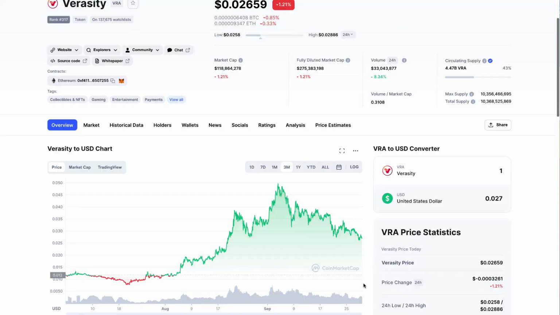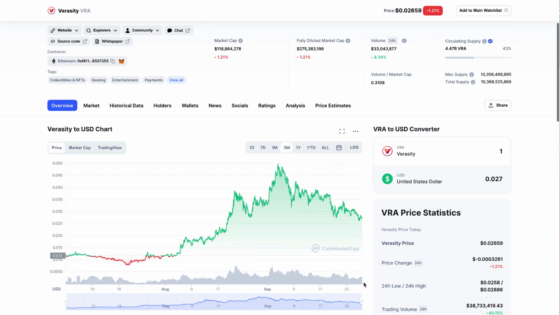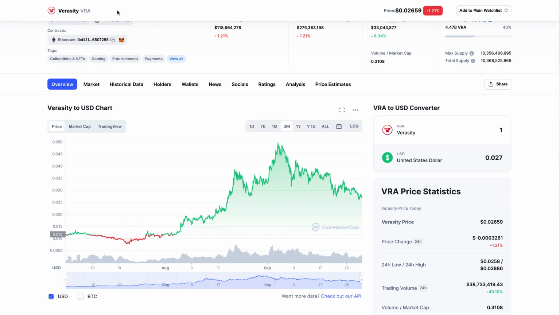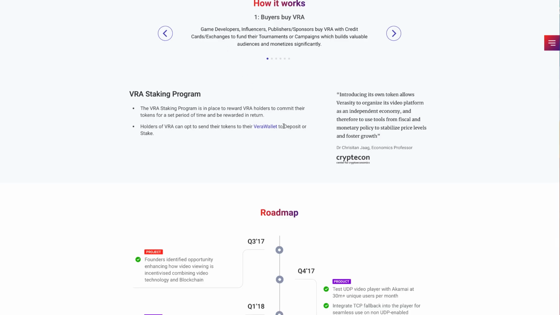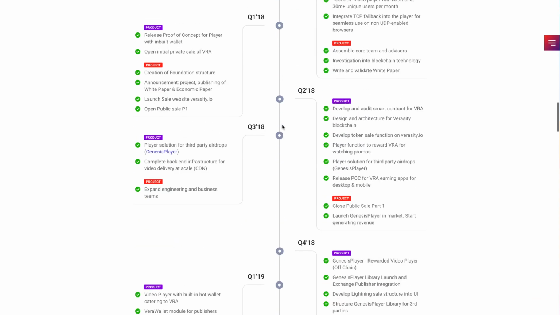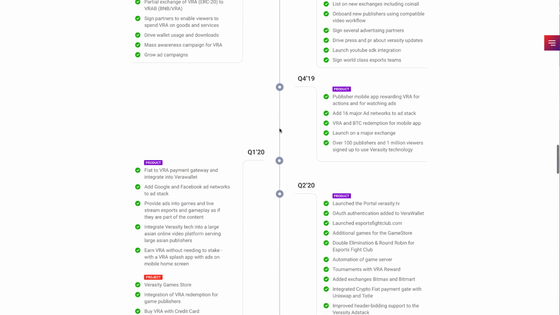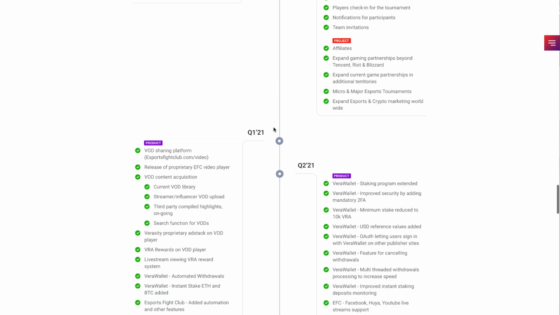In terms of price prediction, I think this could hit £1 by end of 2022. The services it is providing are very promising, and as time goes on, people adopting this will surge this coin's value. Also, a point to be noted is that Verasity is expanding this service to the NFT market to help combat fraudulent NFTs.